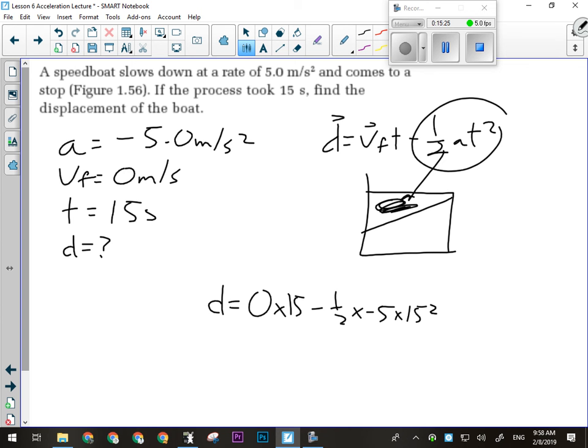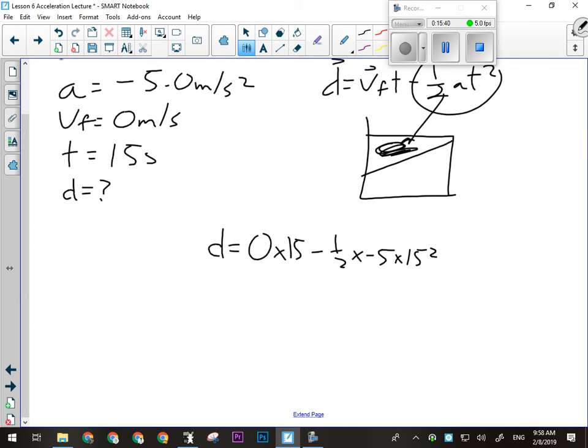The difference is adding 0 to something makes no difference. But if I'm subtracting something from 0, I need to keep it there. Otherwise, I might not end up with the right signage on my answer, or the right vector on my answer. So what I'll end up with here is 0 minus this number, which is actually also going to be